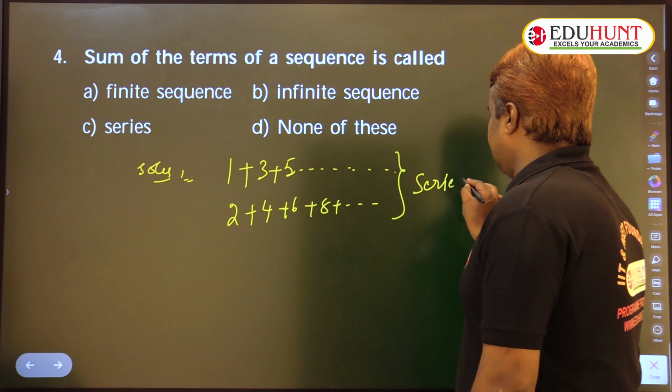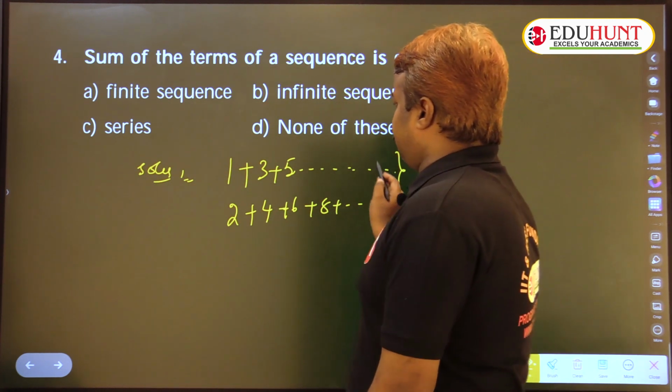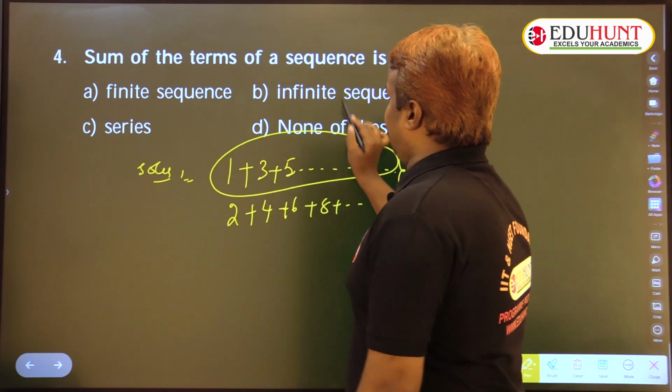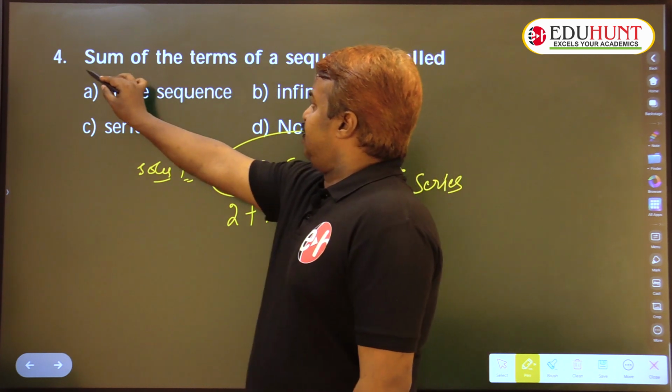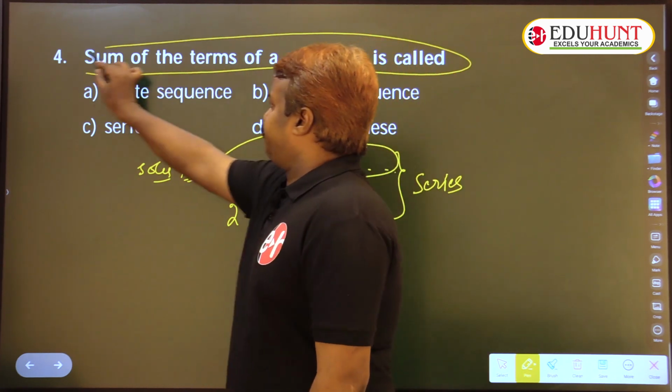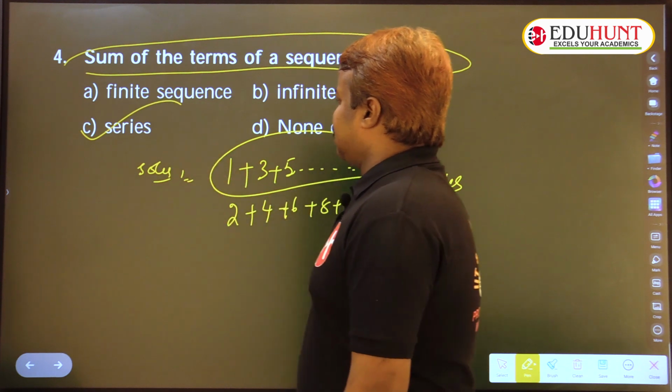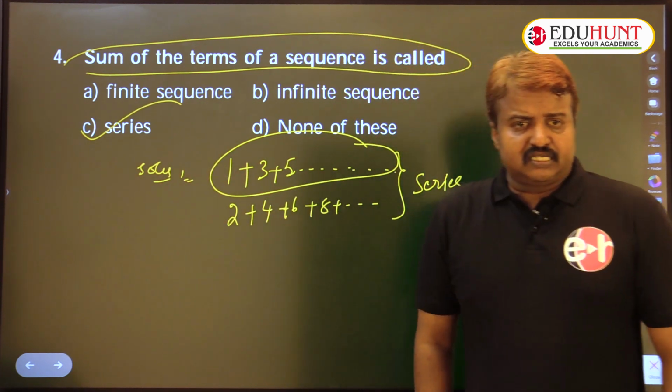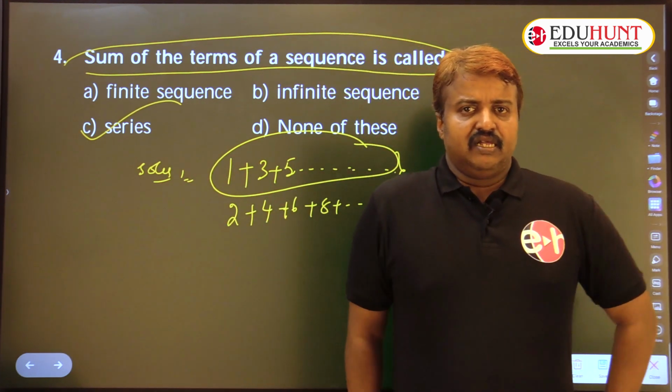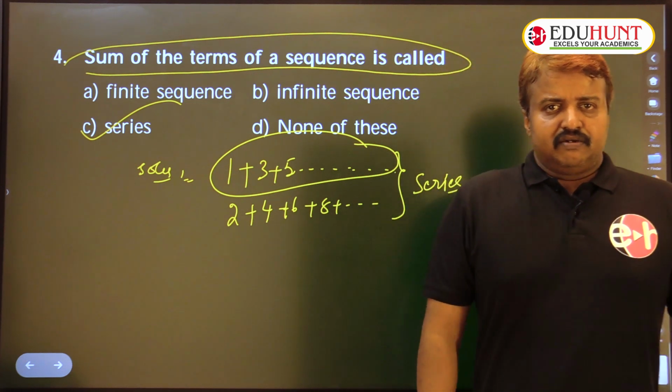These are called what, sir? Series. The sum of the terms of a sequence is called a series. That is called series, children. Okay children, here